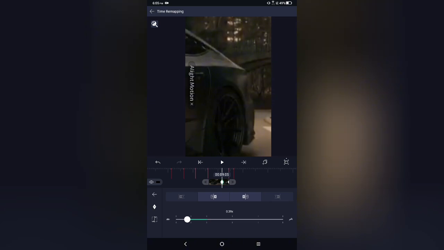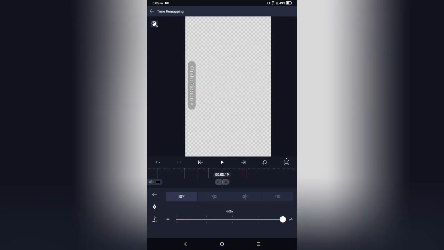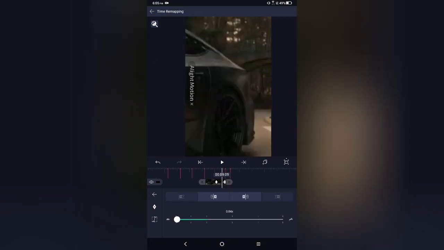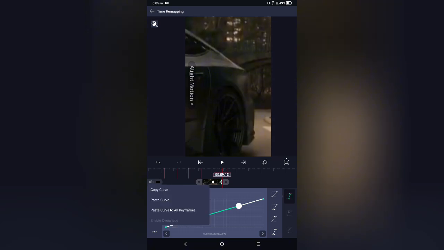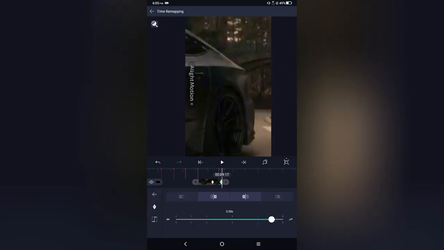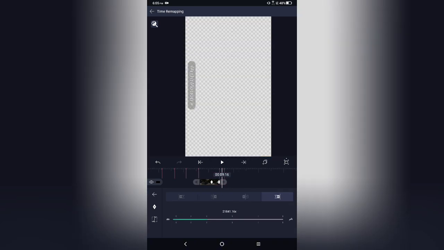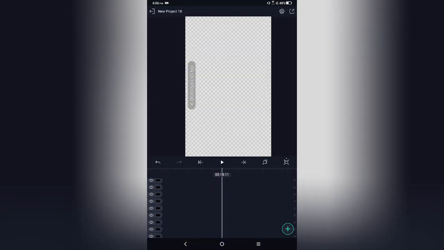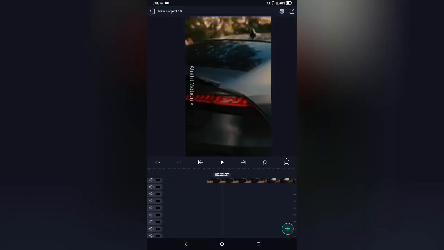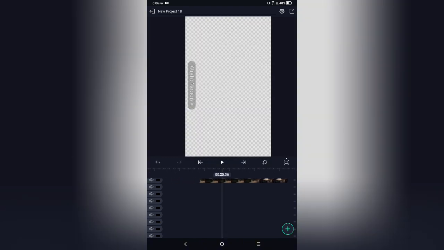Speed it up here, 4x, 0.0x, and now look, and now guys paste the curve as well. Now speed it up till here as well. Now it will genuinely look smooth, but without directional blur I don't think it will look that smooth, but